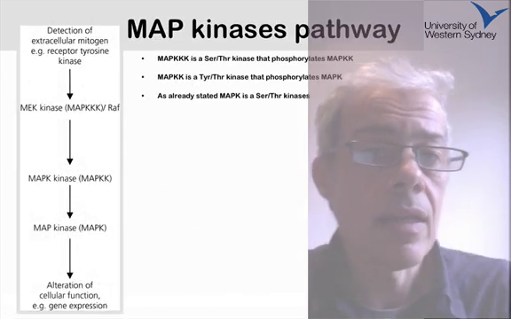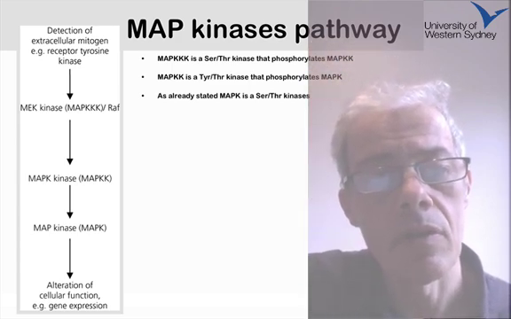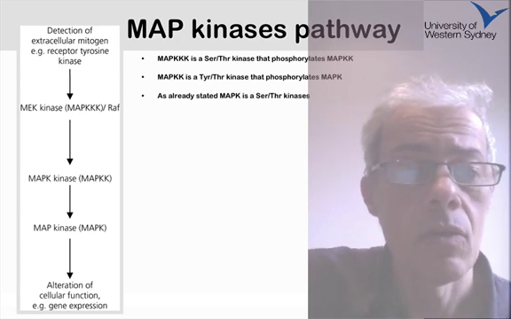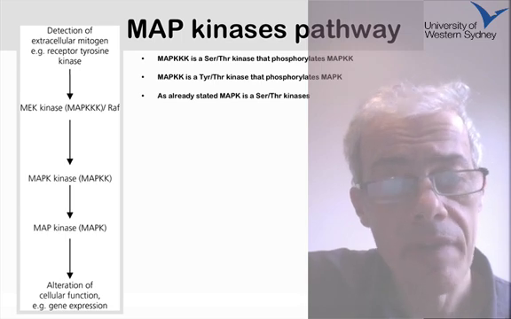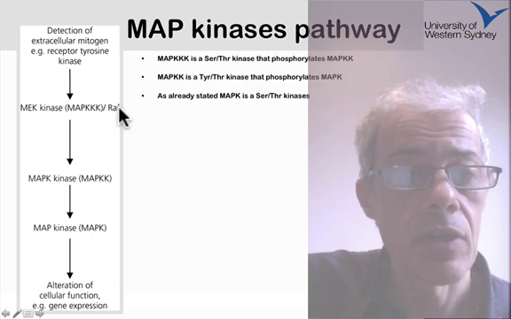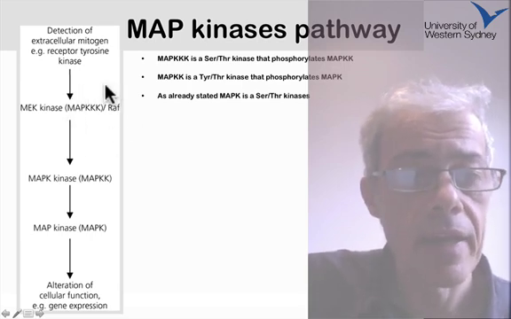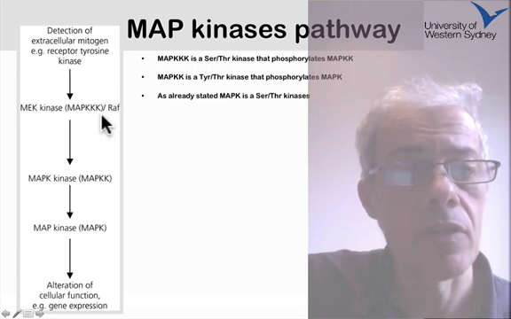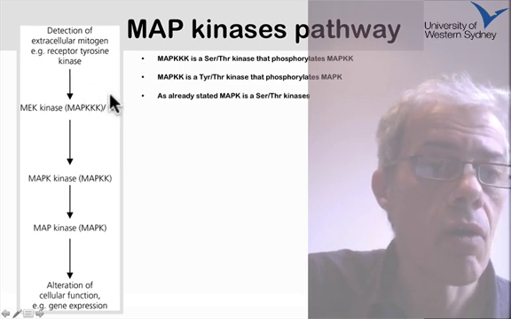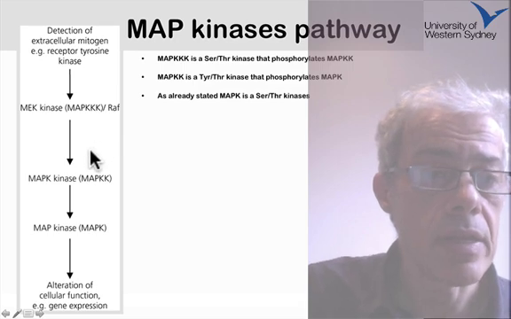So lastly, I'd just like to mention the MAP kinase pathway. So at some point we'll be talking about activation of RAS, and one of the main effector proteins of active RAS is the RAF protein. So RAF is the first stage of a MAP kinase pathway. So the RAF is referred to as a MAPKKK kinase. So it's the upper level of this MAP kinase pathway. RAF is able to phosphorylate the